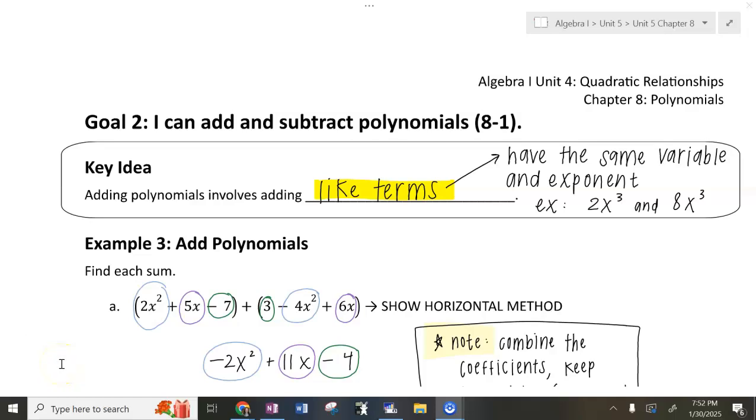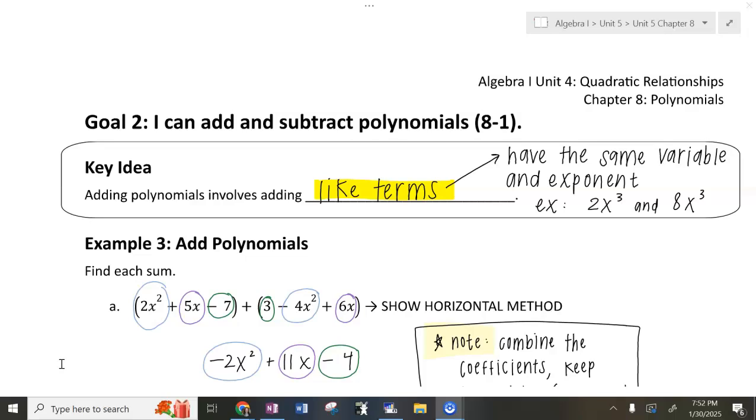Welcome back, everyone. In the last video, we talked about what a polynomial is and how to classify polynomials. Now in this video, we're going to talk about adding and subtracting polynomials. So we're still in Chapter 8, Section 1, but we're going to take the idea of polynomials and now do